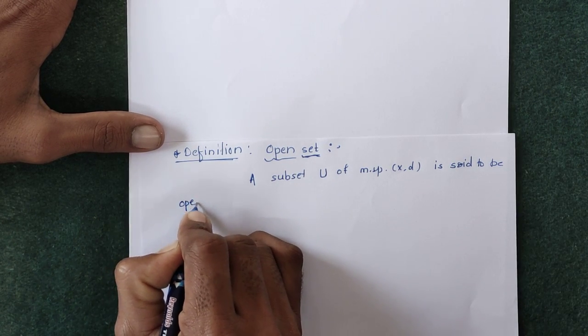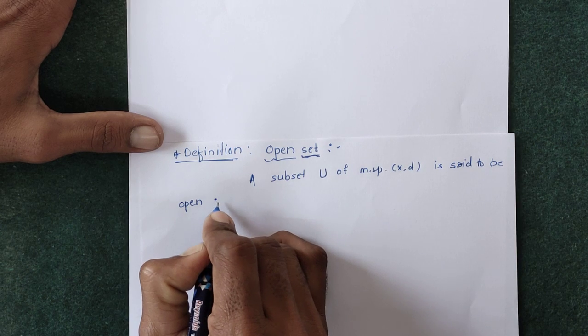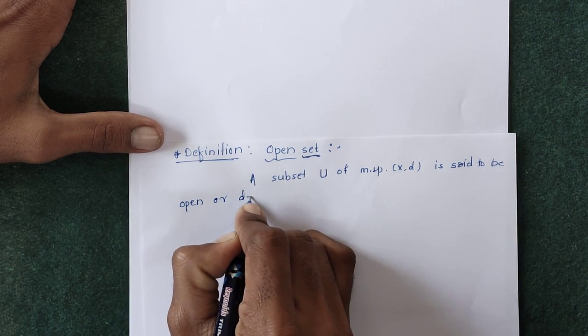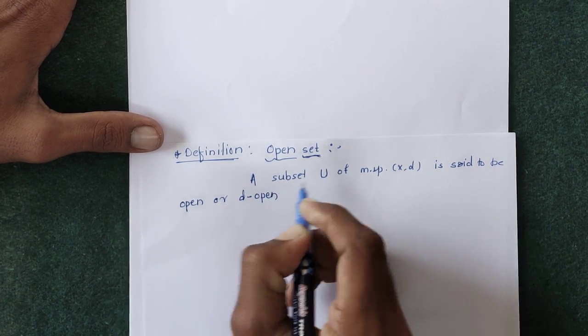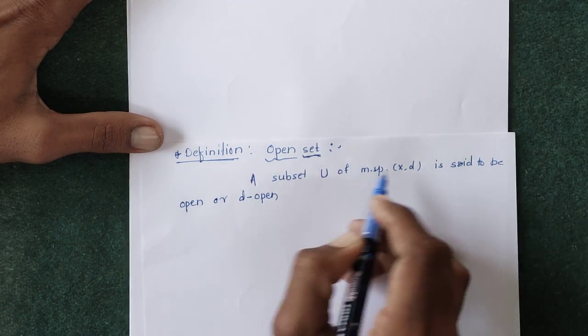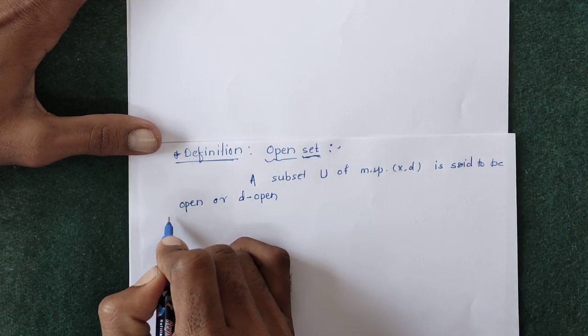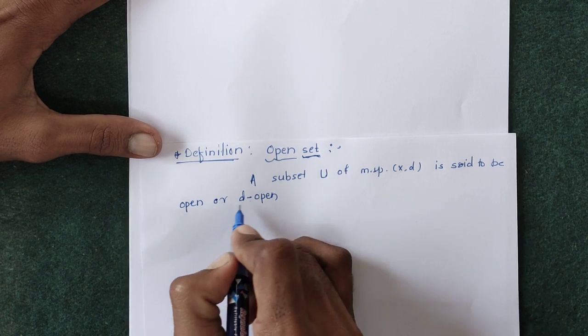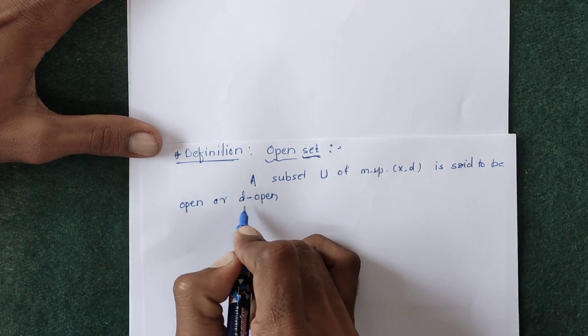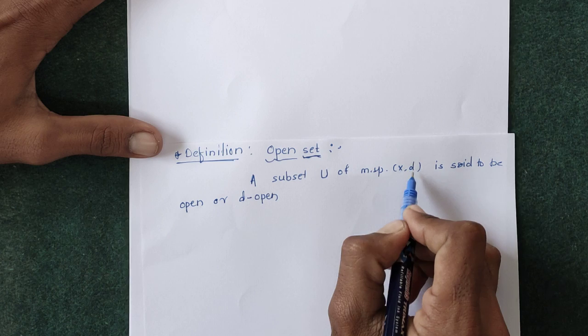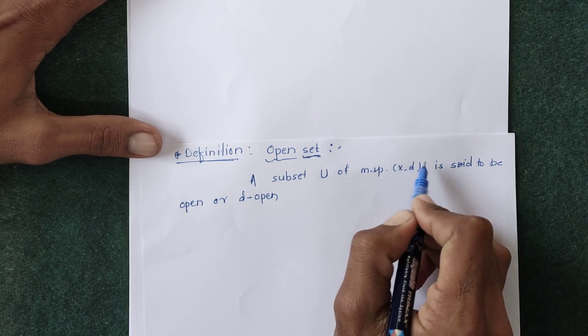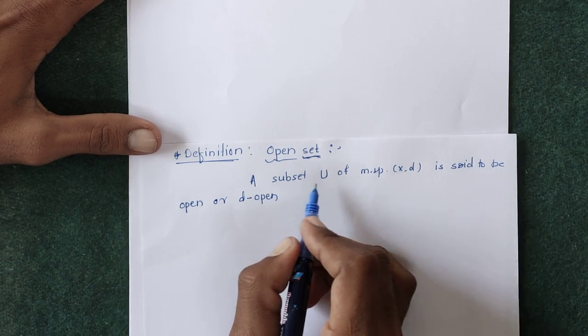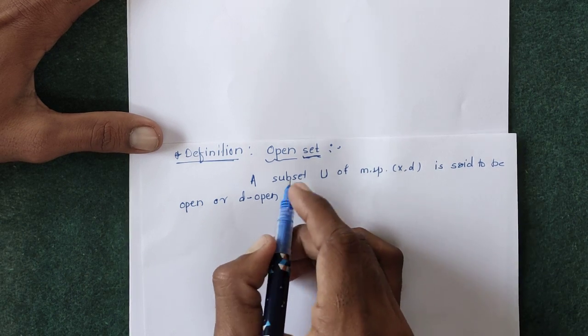that is, open set, or d-open. Generally we will use the notation: a subset U of a metric space is said to be an open set. We will use the word open set. You may call it d-open because d-open means the function d is applied on set X, so (X, d) is a metric space. So a subset U of metric space (X, d) is said to be open if